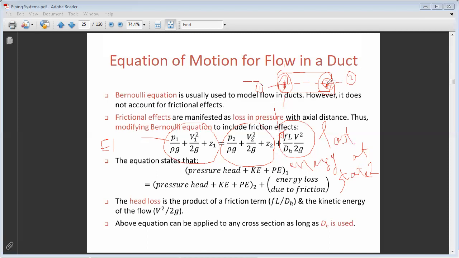And V2 represents the velocity of the center line at this cross section. And since it's a steady flow, we can say that V1 is equal to V2. Why? Because since it's a steady flow, from the continuity equation, m dot in equals m dot out, and m dot can be written as rho, so rho 1 A1 V1 equals